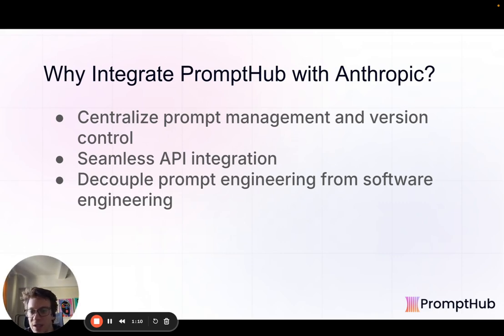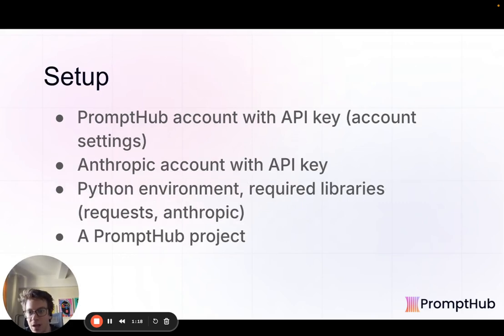And then generally, decoupling prompt engineering from software engineering is good. It allows you to make changes to your prompts without having to deploy new code, switch models easily, the whole nine yards. And so what you'll need is a PromptHub account, which is free, and an API key, which is free to generate